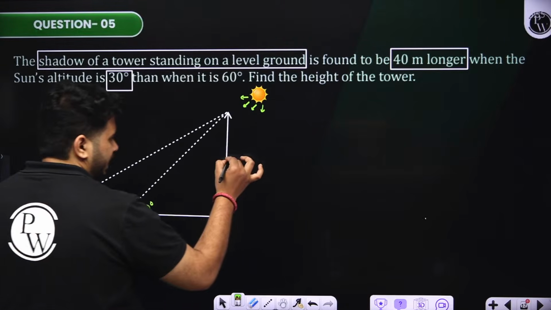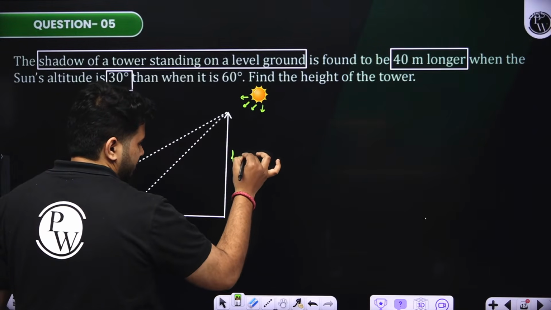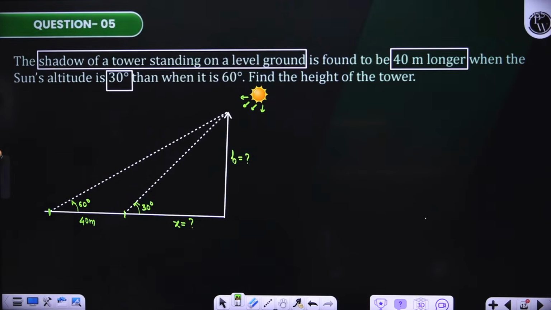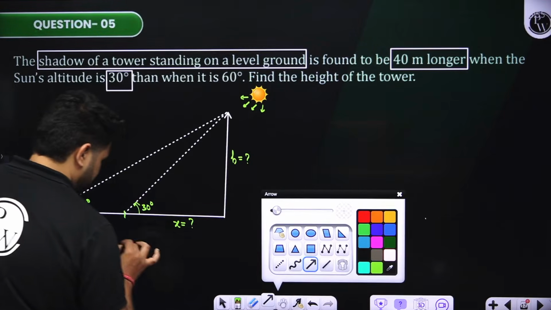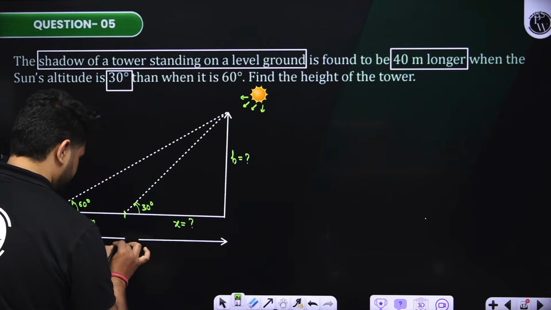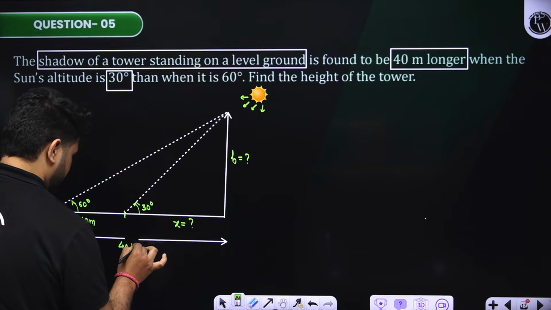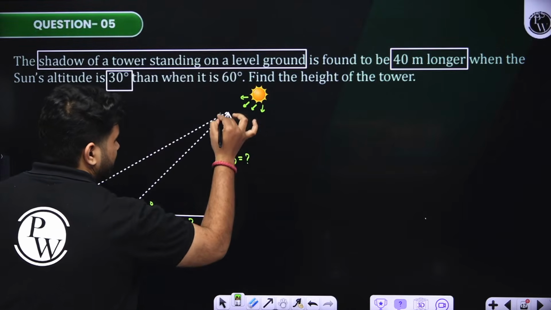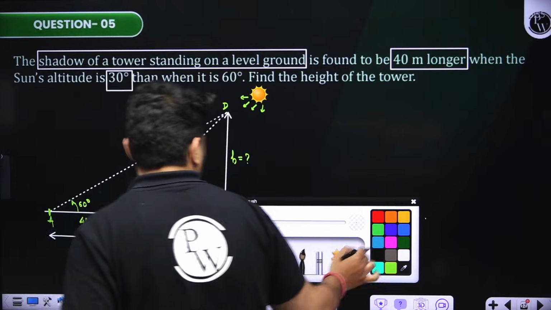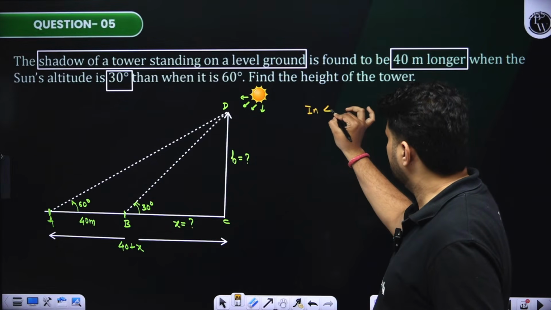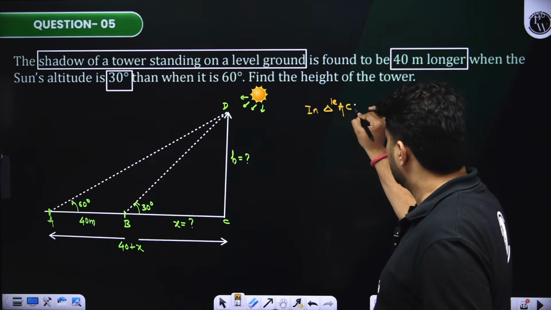We don't know the height of this tower, and we don't know how much the distance x is. Clear? Two things are unknown. But if we see from this point to this point, it is 40 plus x. We can name these points A, B, C, D. So in triangle ACD, this complete triangle, students,